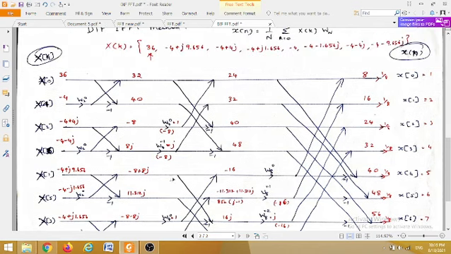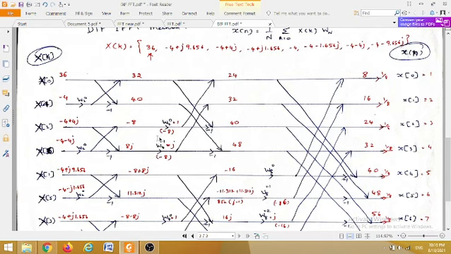So next we go on to the 4-point structure. Okay, so before that we have the multiplication. So here we have minus 8 into 1, you will be getting minus 8, and 8j with the w4 power minus 1. w4 power 1 is minus j, but w4 power minus 1 is plus j. Okay, because it is e power plus j pi by 2, like that you will be getting,